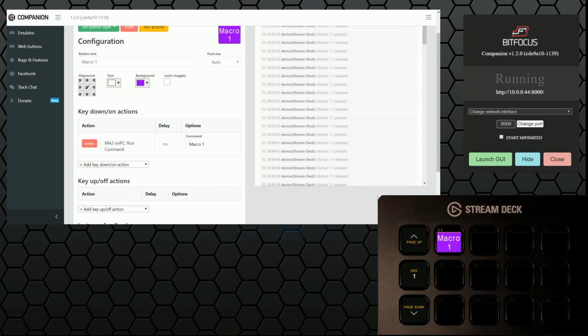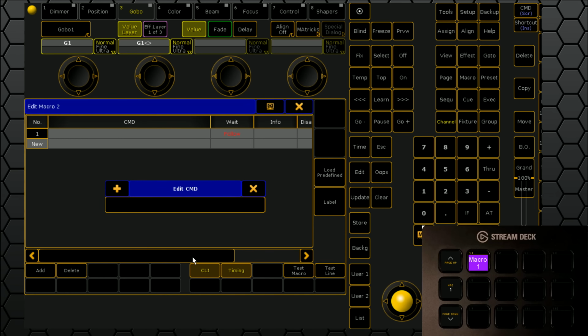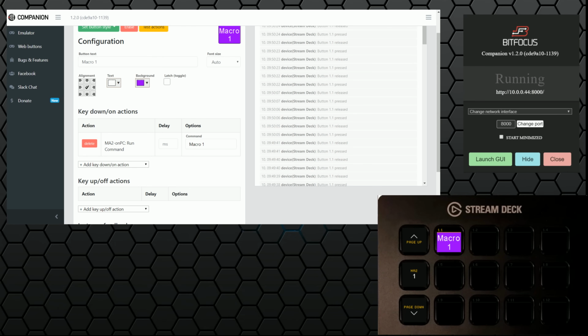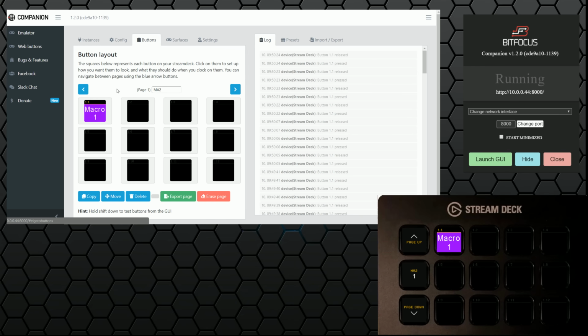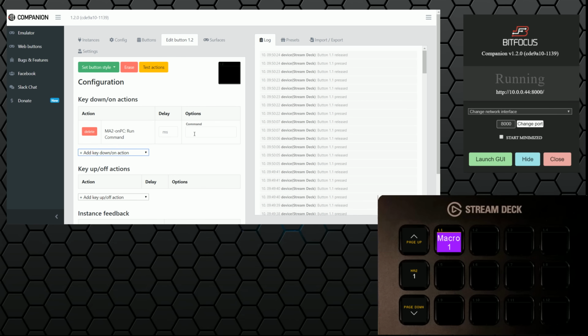So the one limitation that we have is because of the way that it works, it doesn't actually execute into the command line. So we can't have it toggle a button such as the effect button. As far as I know, we're going to test this, but I'm pretty sure we can't have it toggle a button. We'll try an exact command for that. Because of the way that it works, because it's technically logging in as a Telnet user, which is a separate user. So if we go back to buttons, we go button 2, we go down to run command,